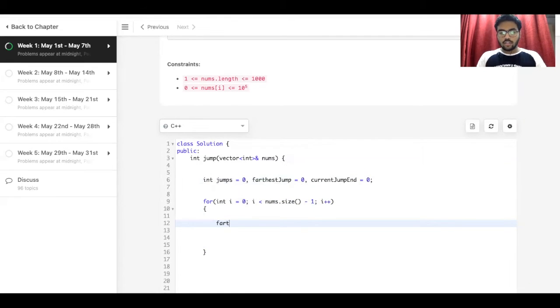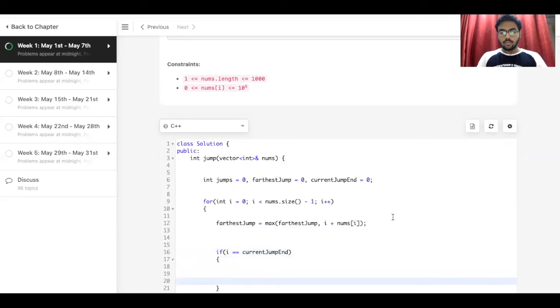For that, farthest jump would be equal to the maximum of farthest jump and i plus nums of i. So whatever is at that index plus the units that we can jump, which is the farthest jump. We need to consider that. Then we check if i becomes equal to the current jump end.